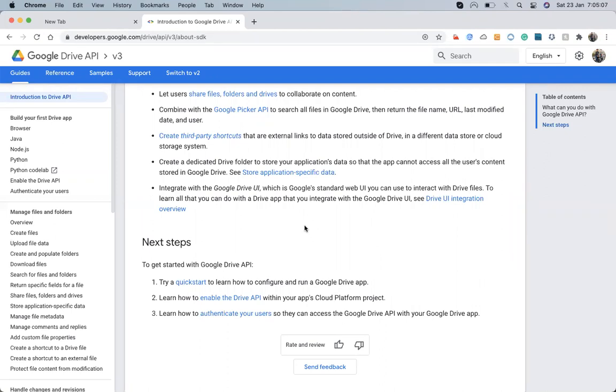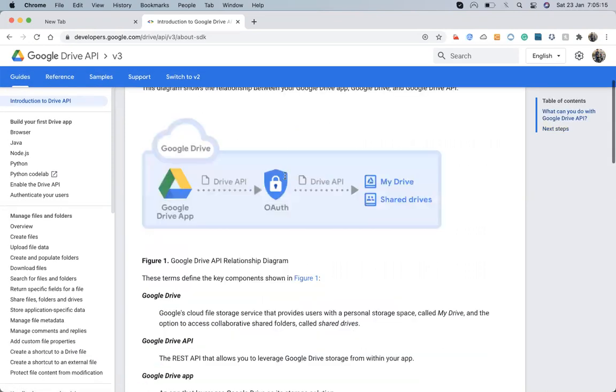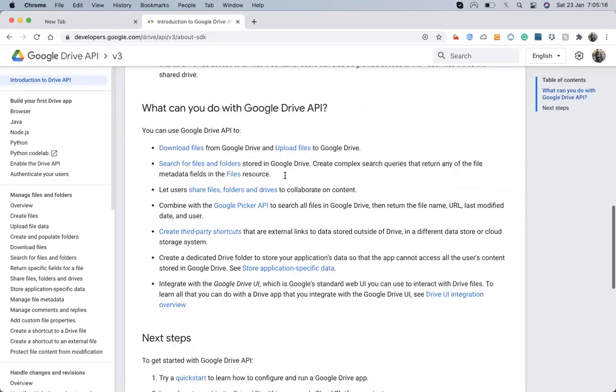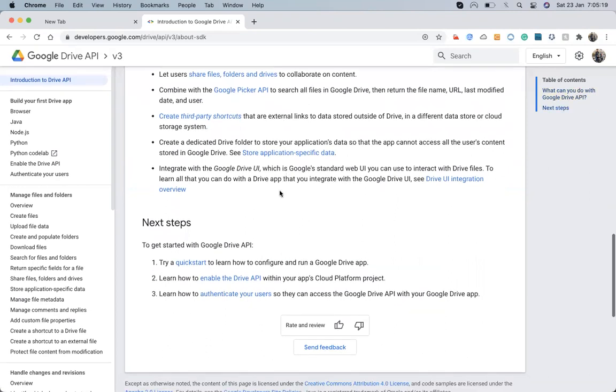Since we are dealing with the Google Drive API, we are dealing with insert and update of the files. So let's start how we are going to do that.